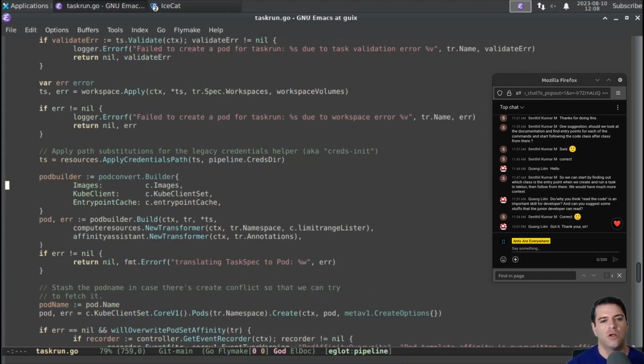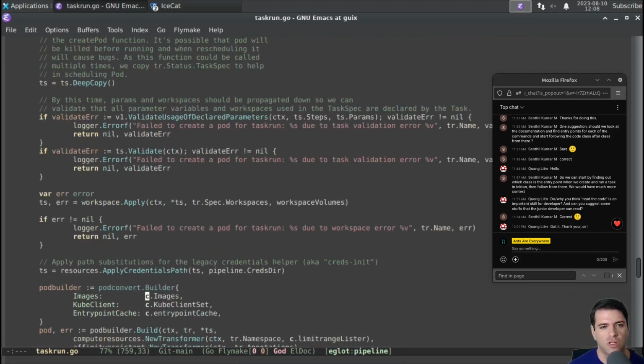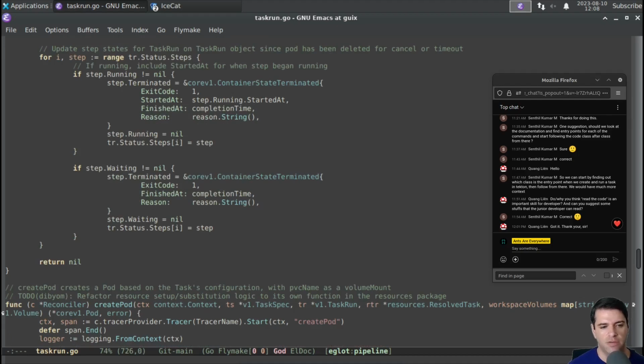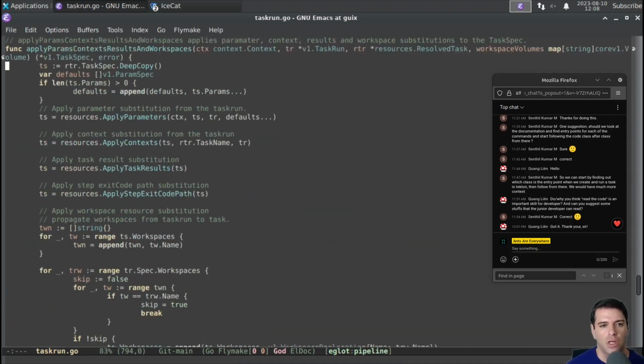And the images are going to be the images that were passed in with, I guess, the images that the reconciler knows about. I think we're still in reconciler, right? So I think C is still the reconciler. Let's see if we can scroll up and verify that. Yeah, C is the reconciler. Okay, so these images,